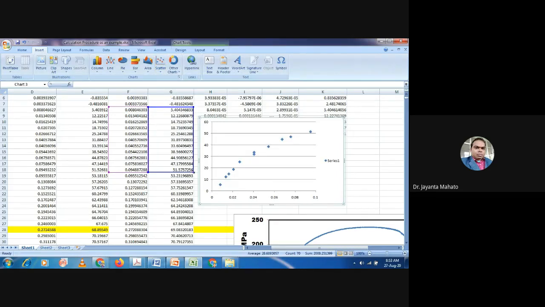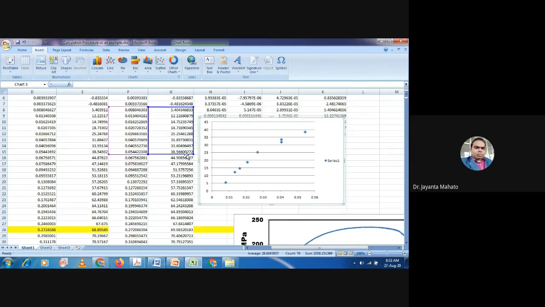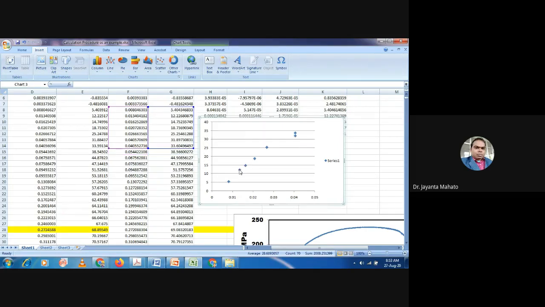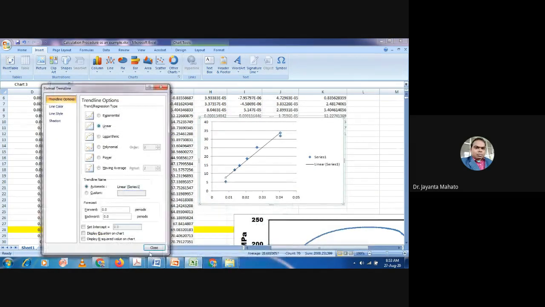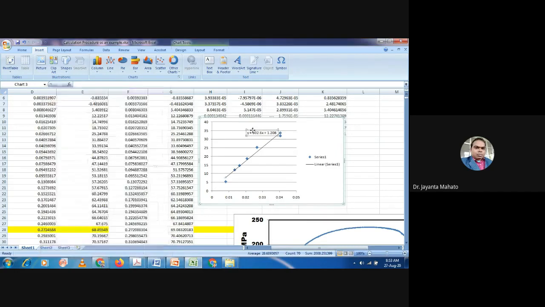So now this curve is linear, and now you have to add a trendline, means linear line, and display the equation here.